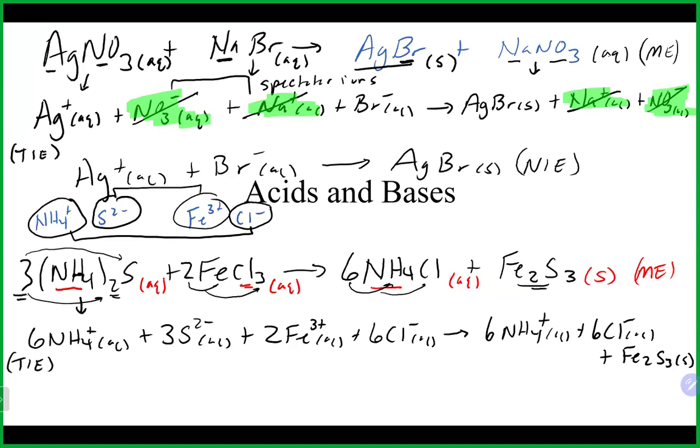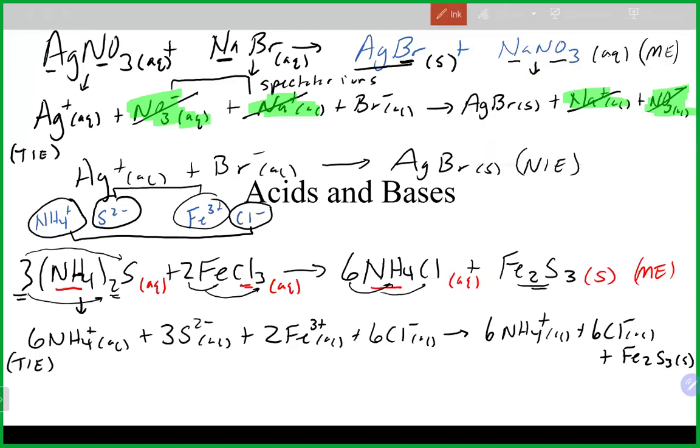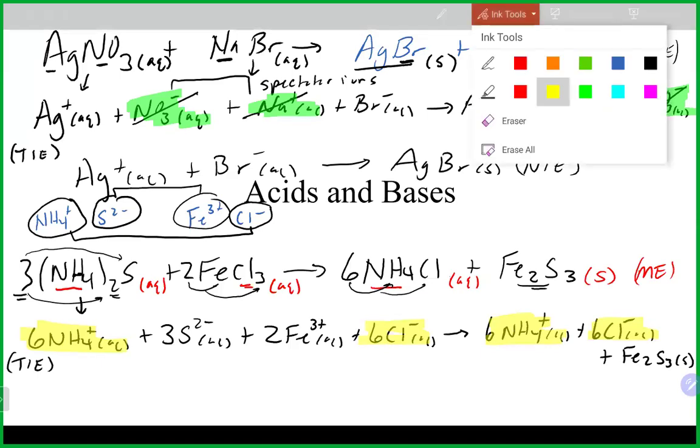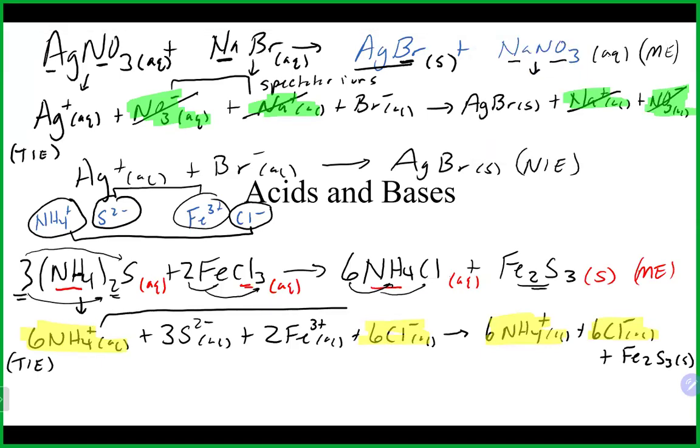So in this case, we can find our spectator ions. I see 6 NH4s there and there, and 6 Cls there and 6 Cls there. So those are going to be our spectator ions, both of these here. And again, we're just going to cancel out our spectator ions on both sides. You can think of the arrow like an equal sign. That's going to leave us 2 Fe3 pluses plus 3 S2 minuses